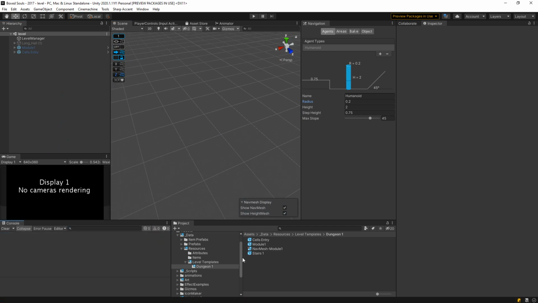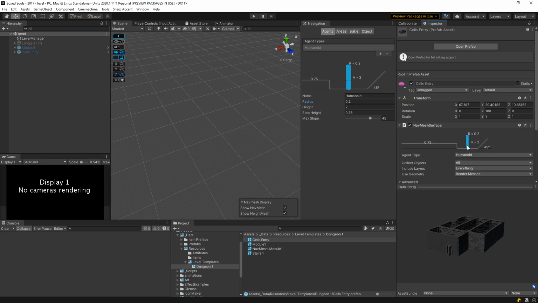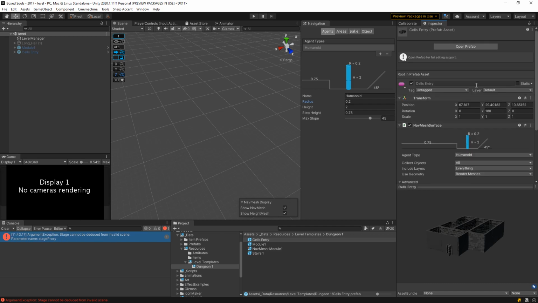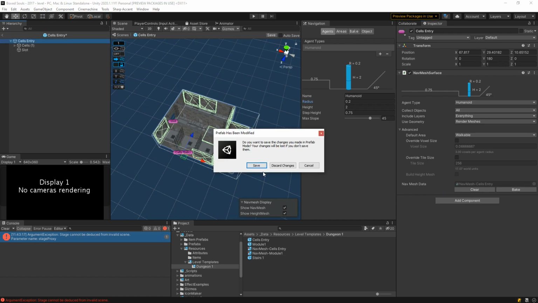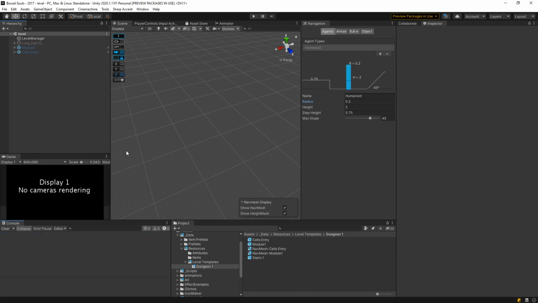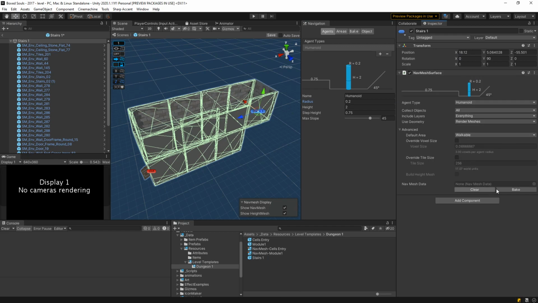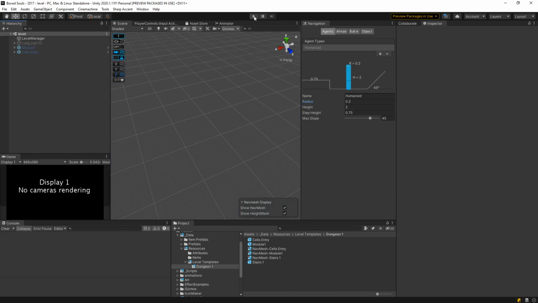Now, we can do the same thing, and we will, on each of these objects. We could just say nav mesh surface, same thing, render meshes, just hit bake. Yeah, okay, it's over there, we need to be over here, save. And just like that, actually, let's add this as well. Now my surface, bake, save. When I hit play,